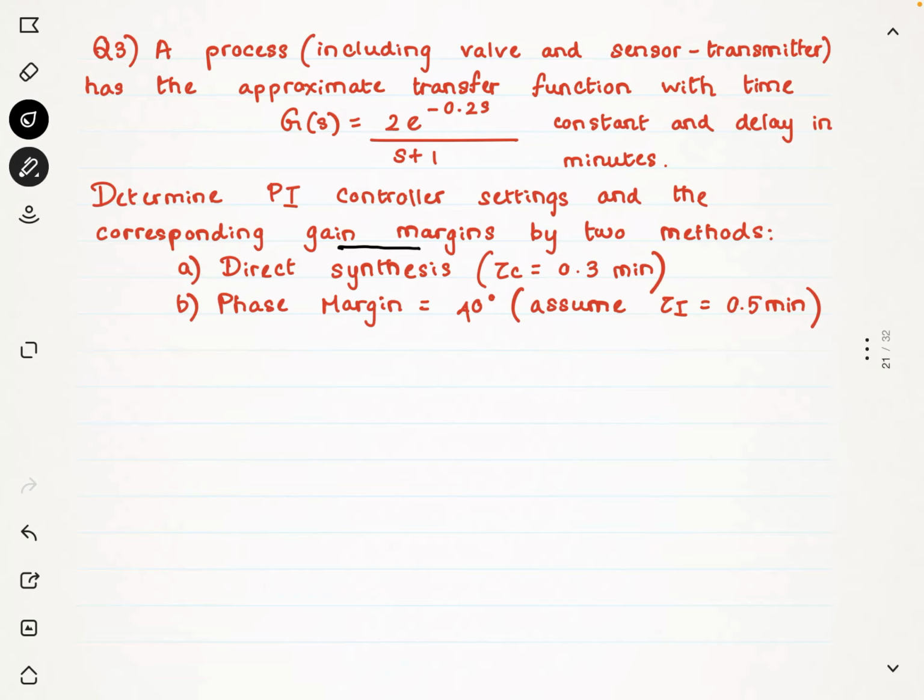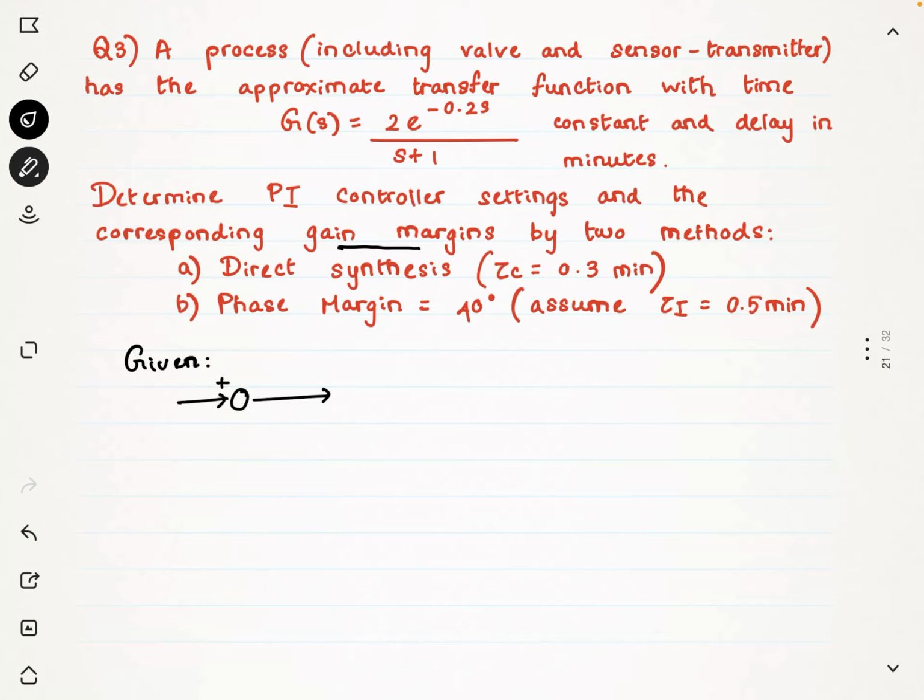One is if we construct a PI controller by direct synthesis method with the critical time constant 0.3 minutes, and then the second is if the phase margin is 40 degrees and if we assume the integral time to be 0.5 minute. Yeah, so if I write it,